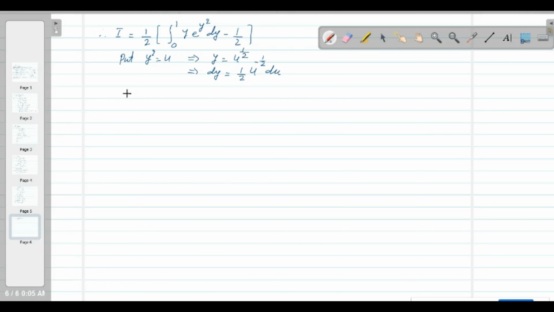Okay, now whenever you use substitution just change the limit. When y equal to 0, this implies that u is also 0. When y equal to 1, this implies that u is 1, there is no effect in limit. So therefore I equal to